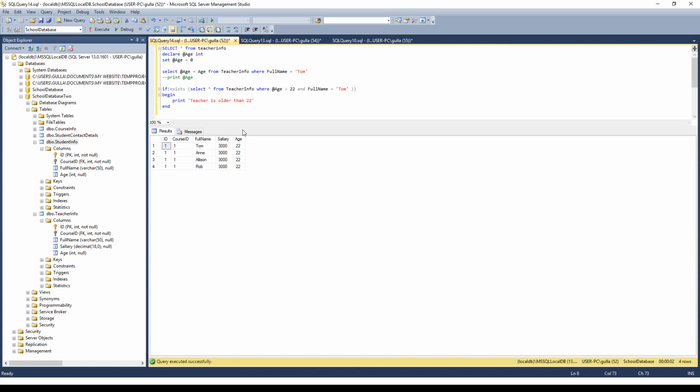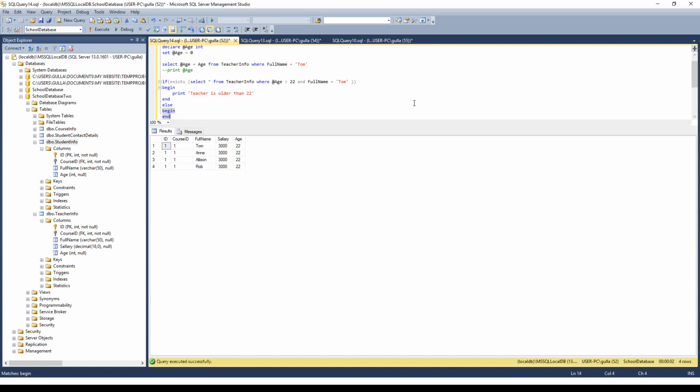So is this teacher older than 22? He's not, so this print here won't come up. Else, let's put this in, begin, end. It's not. So the exist allows you to create a sort of true or false effect. It checks if a condition is true or false within a select statement or a query, and if so, then you can